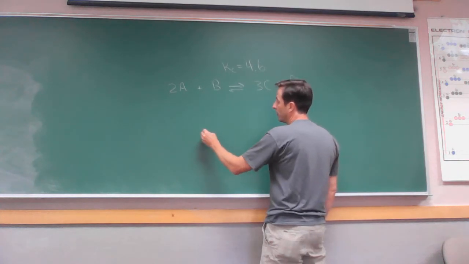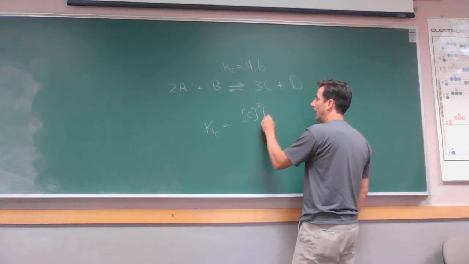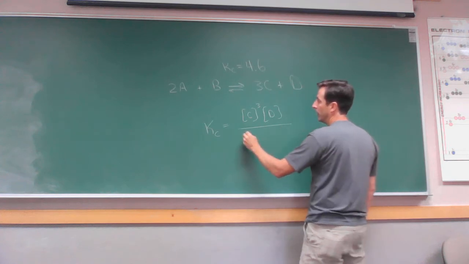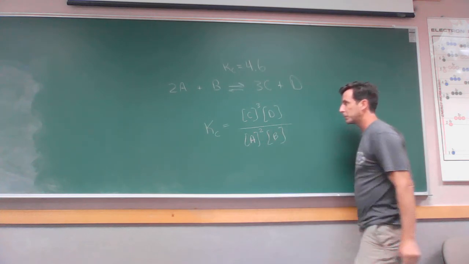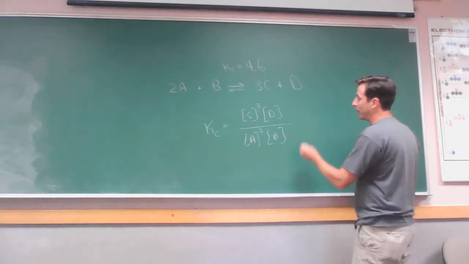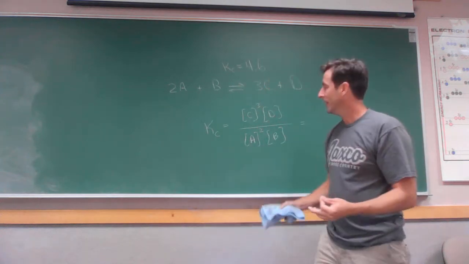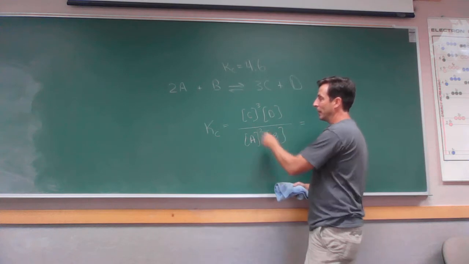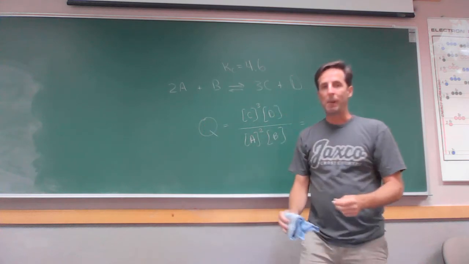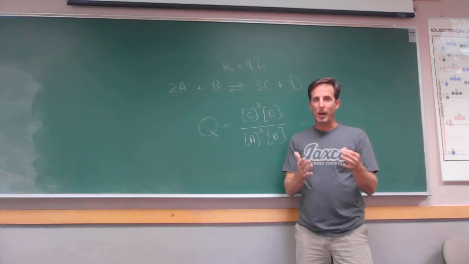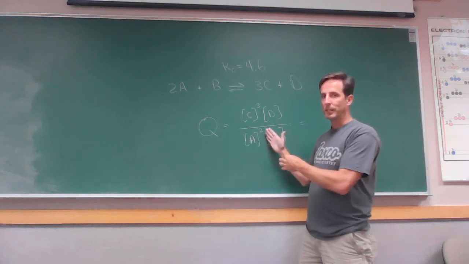So for this reaction, Kc will equal the concentration of C cubed times the concentration of D over the concentration of A squared times the concentration of B. That's the equilibrium expression. If I want to know which way it's going to shift, I'm given initial concentrations. If I plug them into this expression, it doesn't equal K, it actually equals Q. If I plug in a random set of numbers provided with the problem that are not the equilibrium values, just the initial concentrations,